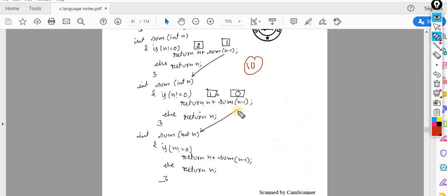Each time it calls n minus 1: 10 minus 1 is 9, 9 minus 1 is 8, 8 minus 1 is 7, 7 minus 1 is 6, and so on down to 3, 2, 1. At one time, when 1 minus 1, it becomes 0. At that time your else will be executed and this loop will break out.